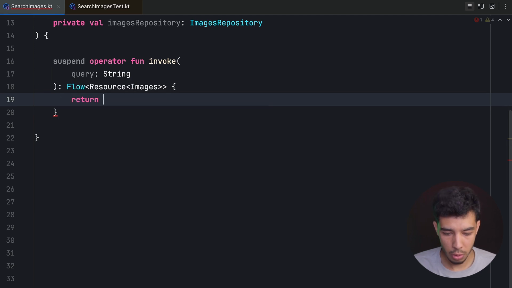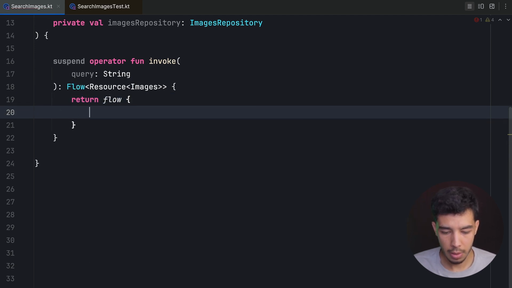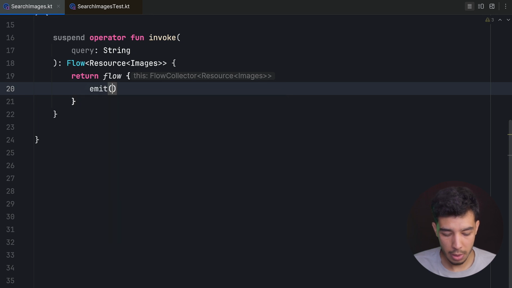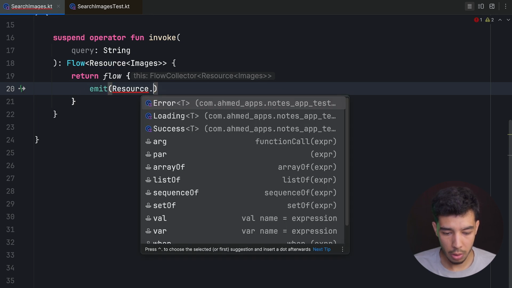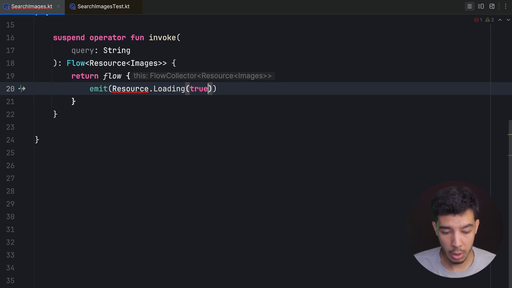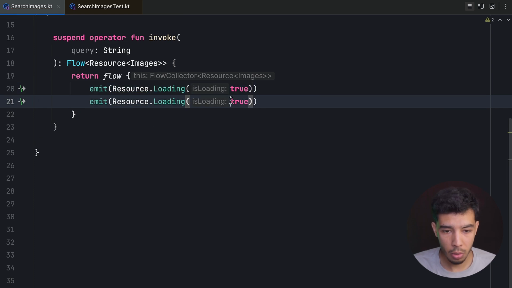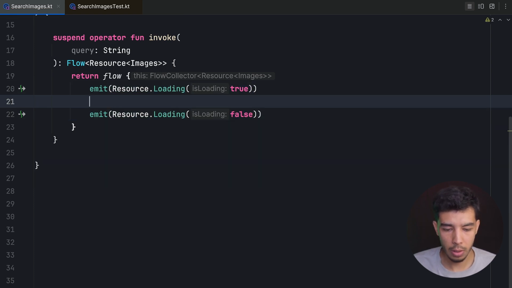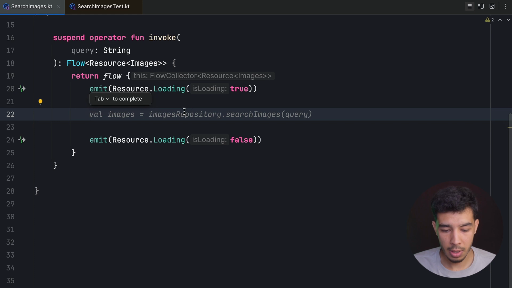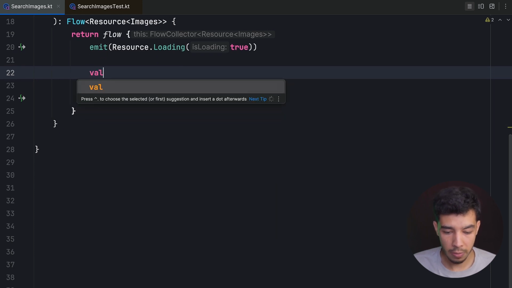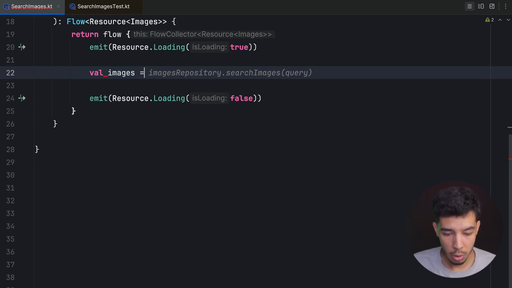So this is supposed to return a flow like that. And then the first emission, as I said, so emit resource dot loading is true because we started loading, and then the last thing we'll do is that we are not loading, and then in between we'll start getting our images. So that is going to be val images is going to be my images repository dot search images, passing my